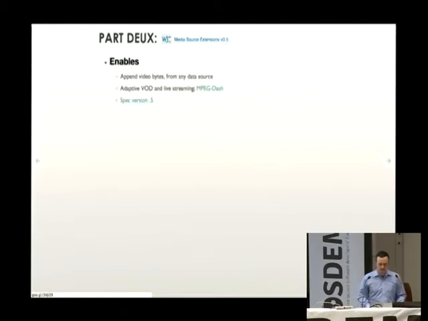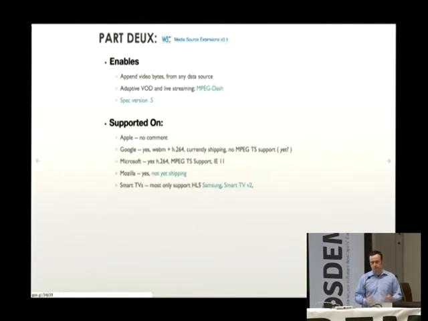Media Source Extensions, that's the system for appending bytes that enables things like MPEG-DASH and live video streaming on a scalable system. So it's different from WebRTC, which opens a data channel for low-latency live video communication, versus the append bytes API, which works really well with CDNs and HTTP-based connections and just appends bytes to a media stream in order to support live and VOD over CDNs.